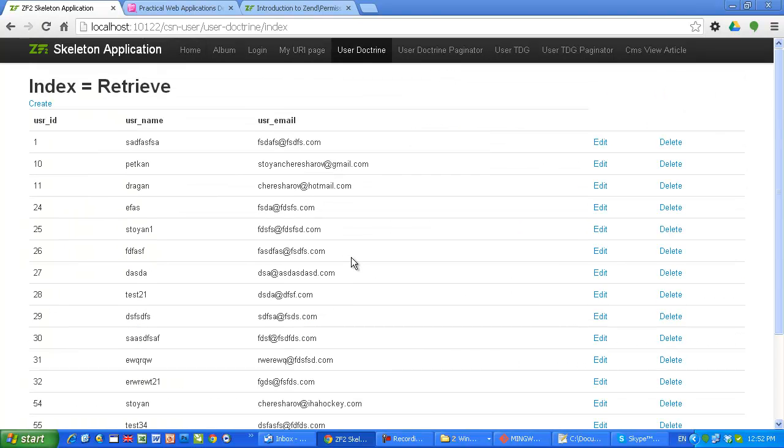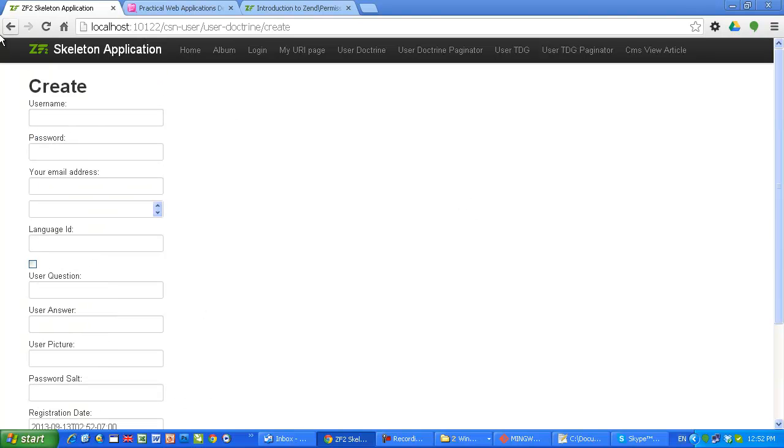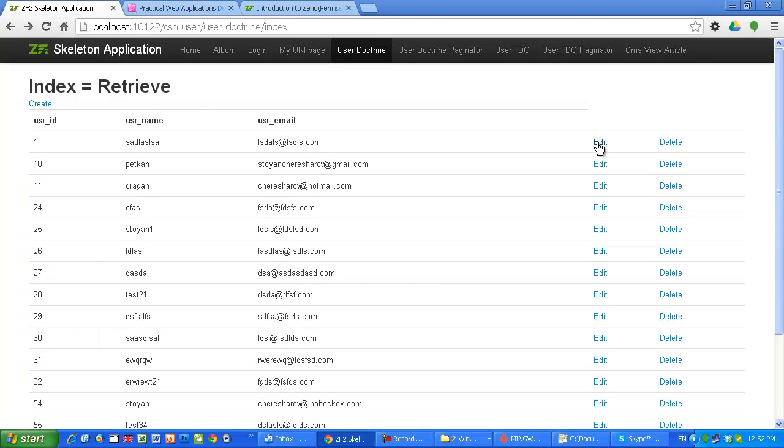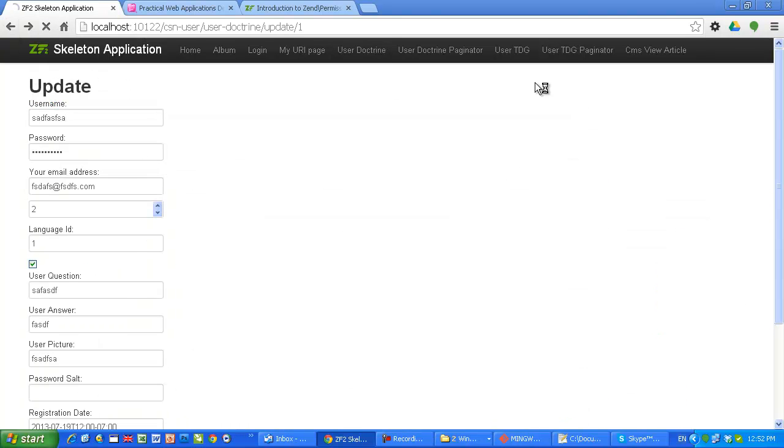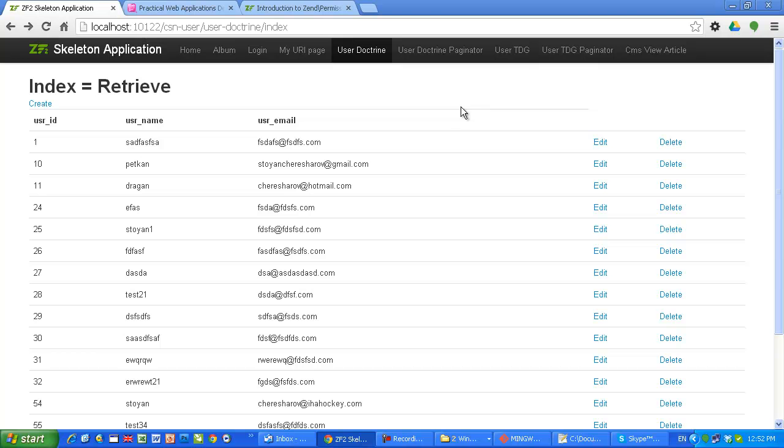Here we go. Now everyone can create a user, can edit, here we go, and can delete it. I'm going to demonstrate this right now. I don't want that. I want to control the access to these four actions. I have gone through already